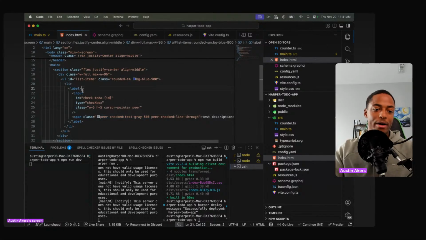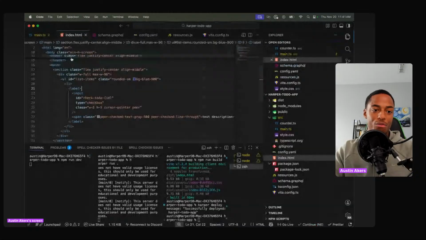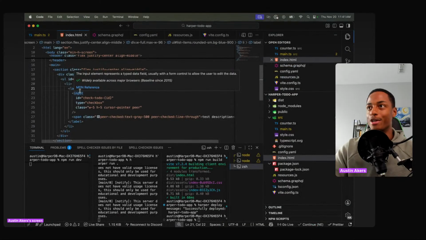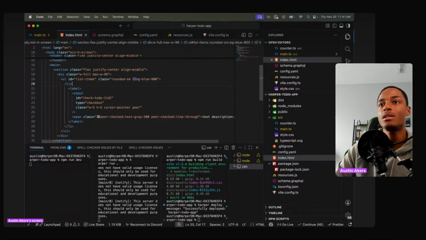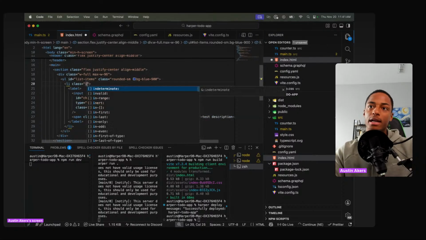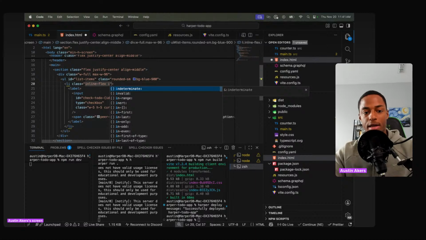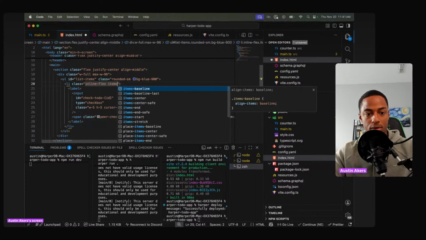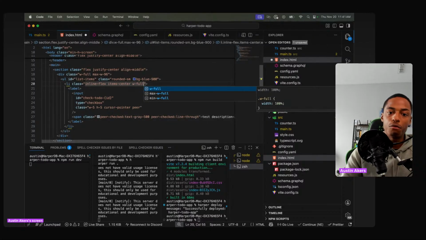All right, so yeah, let's go ahead and style that. Let's also, okay, so that's what it looks like there. Okay, great, wonderful. That is not the prettiest, so let's style this. First order of business, we're gonna do a class of inline flex. We're gonna make the items centered, and then once the items are centered, we're gonna give it a width of full, and then